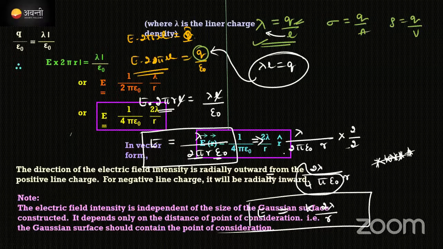And one more point, guys. For electric flux, whatever surface we are taking, that surface area will not affect the flux. The Gaussian surface will not affect the flux. It is your wish how much sphere area or how much cylindrical area you want to take, no problem. It won't disturb the value of flux. The flux value does not depend on it.